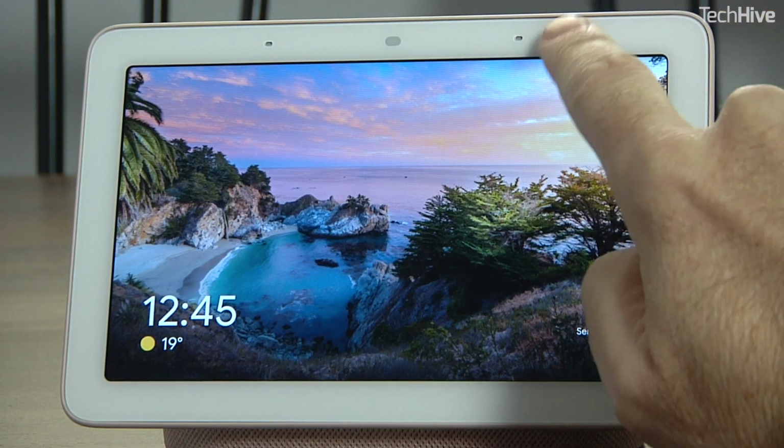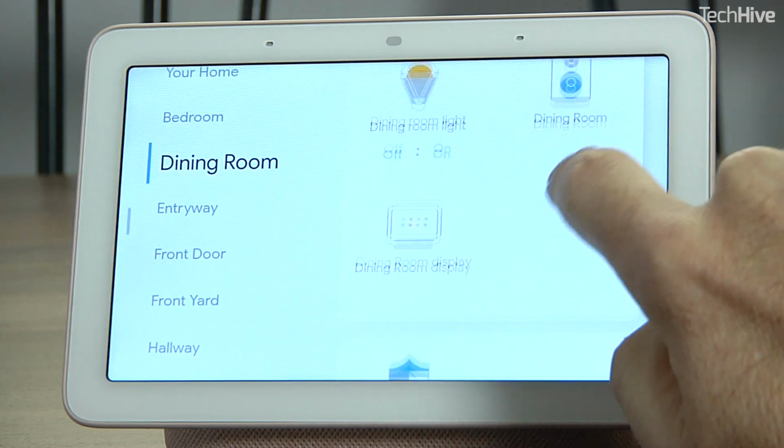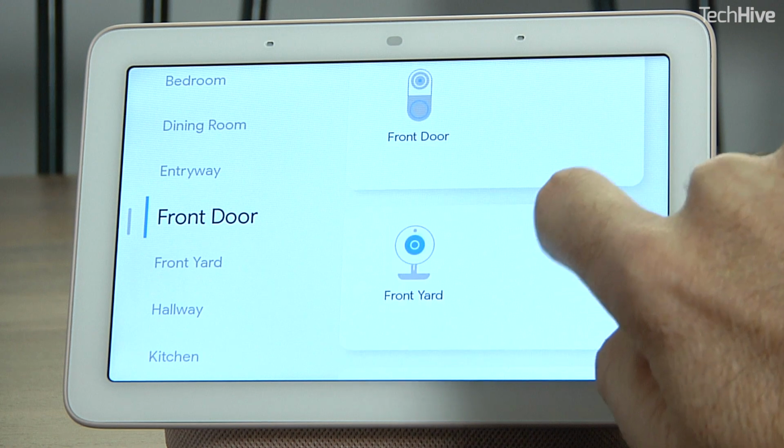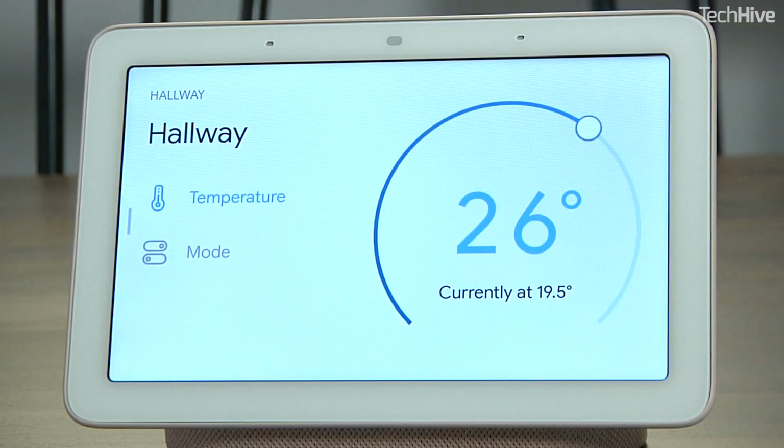When Google showed off the Home Hub, I was most excited though for the smart home integration. It promises to provide an interface to your entire smart home on a single page, or at least all the Google Home compatible products that you have, and this is what it looks like. Everything is listed by device type, or I can press this button to switch to a listing by room. Products from Nest, which is owned by Google, work best, as you might expect. You can use voice or the touchscreen to adjust a Nest thermostat or stream a Nest security camera, but non-Google